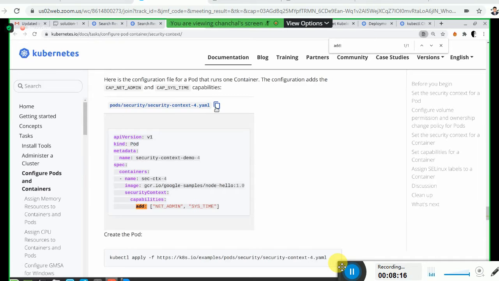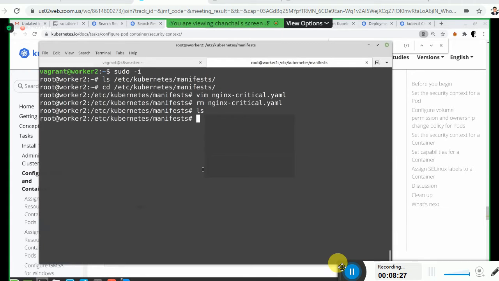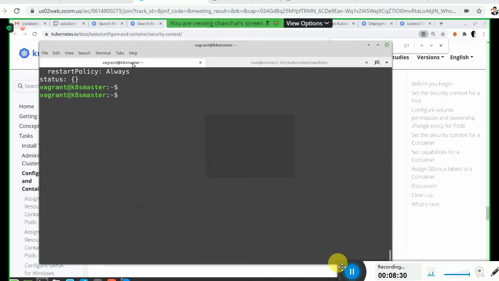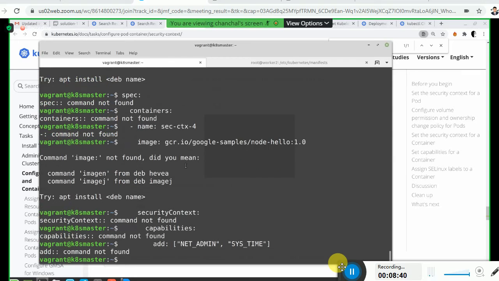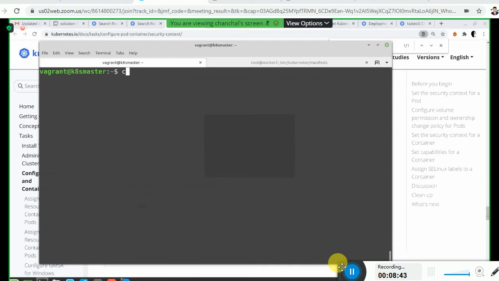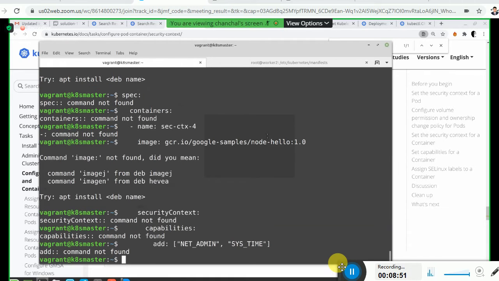It's a good suggestion. You can do a curl, that is, do a copy link address. If you click this, it will copy the link address to the clipboard. Then I will come down to my own system and do a curl, and then right click, paste. It has not been pasted properly. It has not been copied onto this context. I will have to copy and paste.